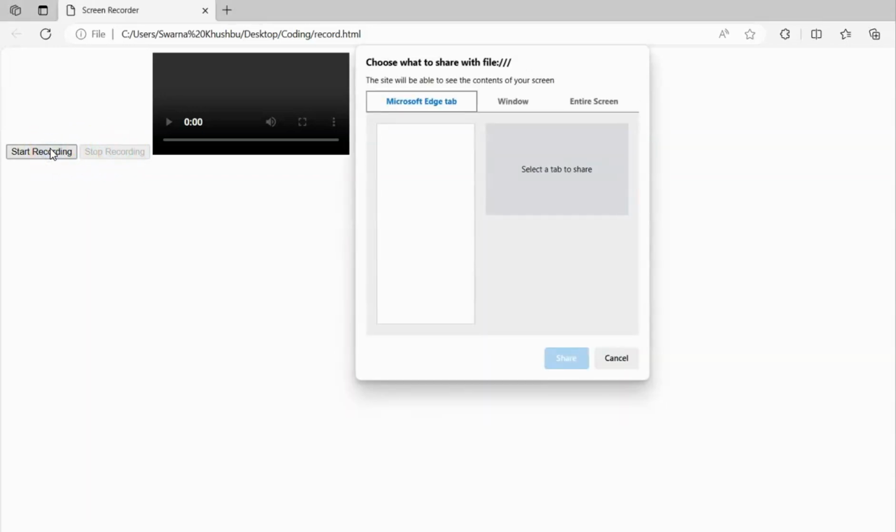So here is a button, which I have created with the help of HTML. This is the start recording button. When you click on the start recording button, the stop recording button will be disabled. Both the buttons cannot be enabled at the same time. Fine. So when I click on start recording, you'll see there will be an option which comes up